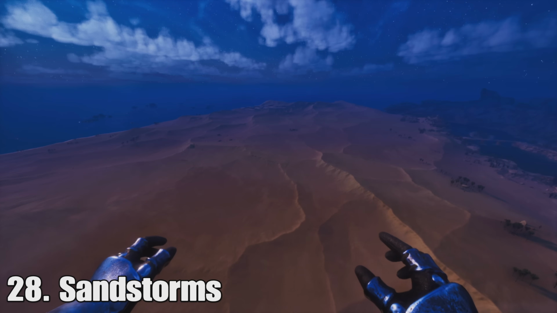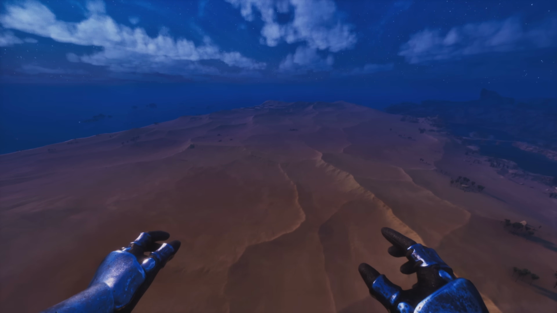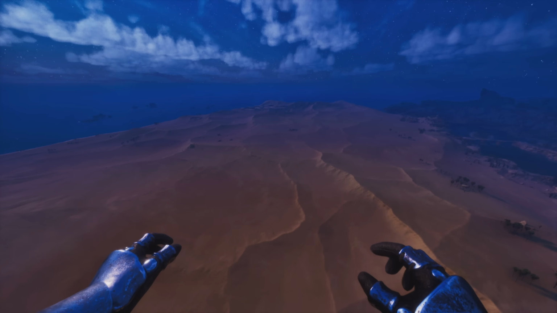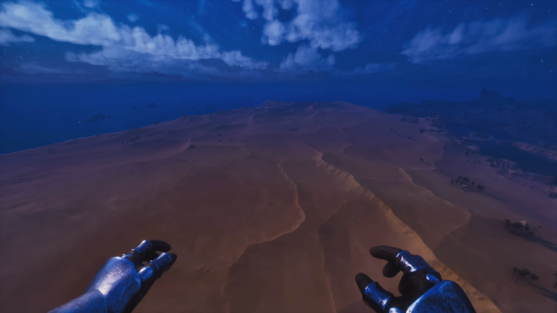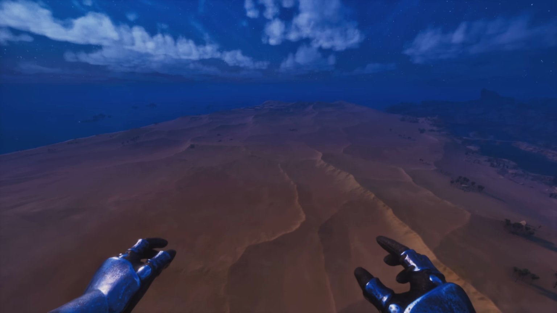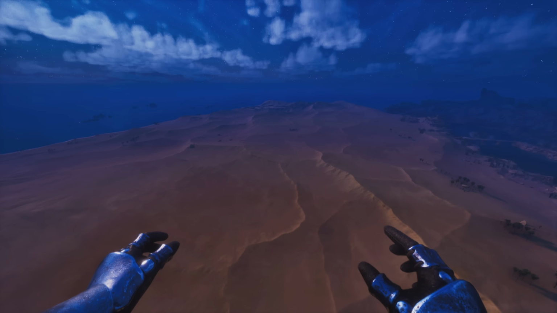And there's also sandstorms now in Ragnarok. They didn't have sandstorms in ASE, and they're just like the sandstorms from Scorched Earth Ascended, where they kind of come in, and it looks really cool. I don't have a video of it. I sat here for like 30 minutes with the time sped up, and I couldn't get it to come in, but it's in the trailer. You can see it. I just wasn't able to get footage of it,